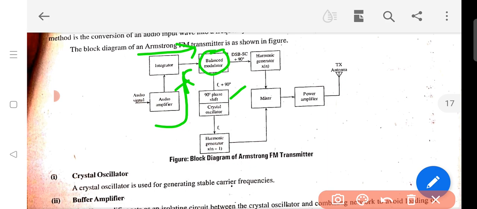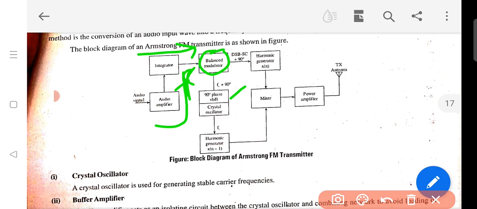The integrated message signal is fed to the product modulator, which is nothing but a phase modulation. The integral of the message signal followed by phase modulation is what we get here. Remember from our previous classes the relation between FM and PM: the integrator followed by the phase modulator is FM. So you treat it like this. That's why it is called the phase modulated FM transmitter.